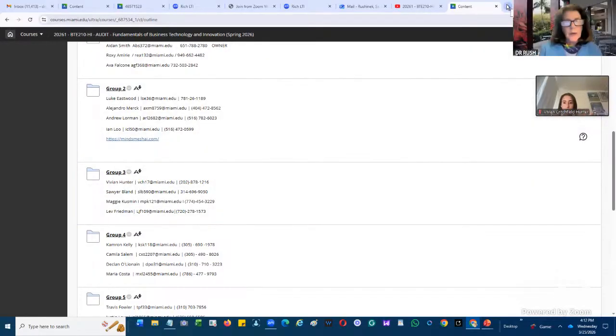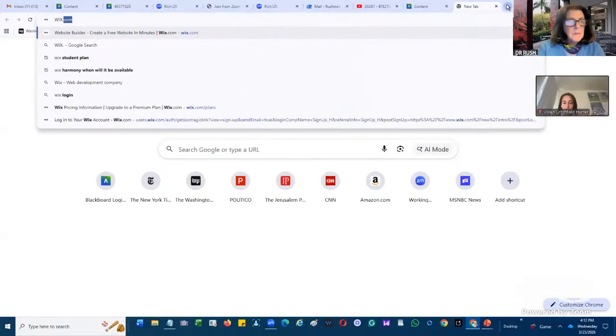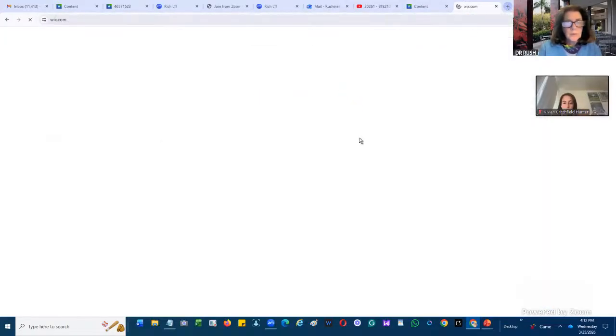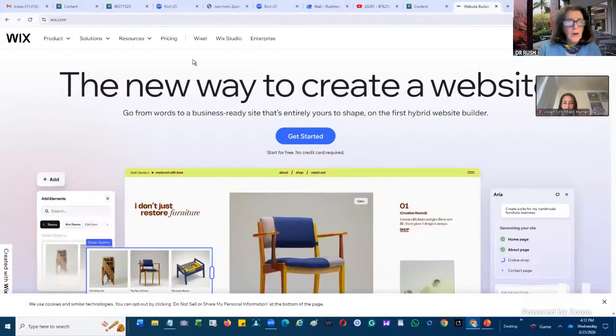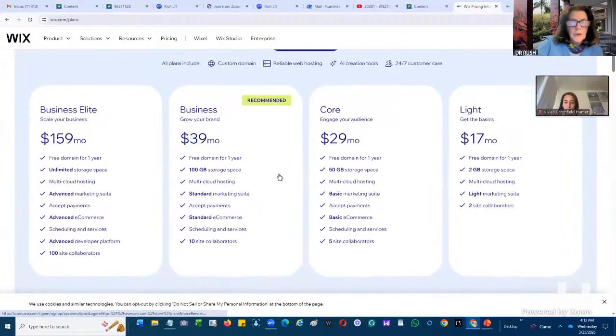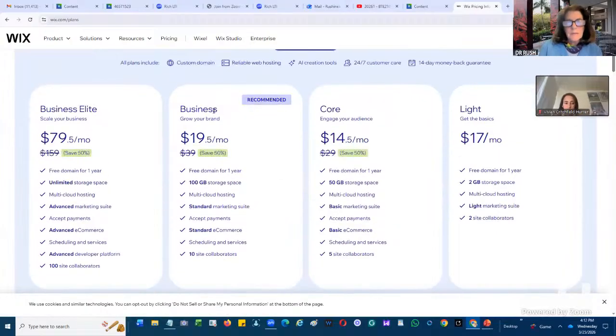So when you go to Wix and go to the pricing, I want to do the business plan. And when I sign up, you see where it says 50% off, you want to remove that promo code of 50%. You want to make sure you say yearly and remove this 50%.